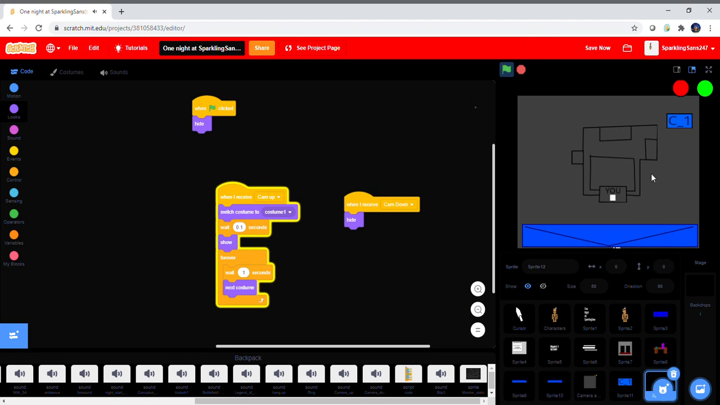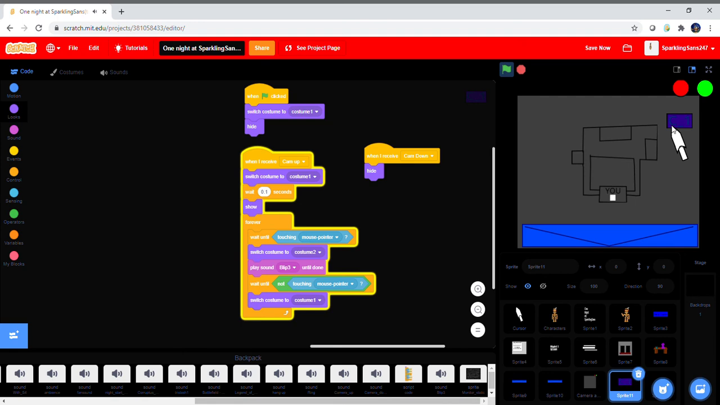And now when all that's done, put this into whatever cam. So change the size to 50. So it can be as small as that. And then I'll put this cam as the supply closet. There. So now when you got all that,